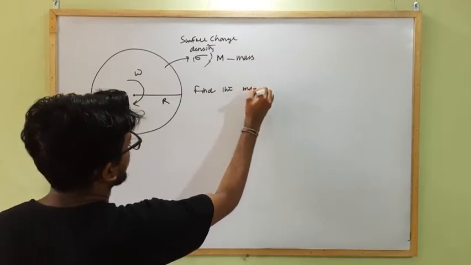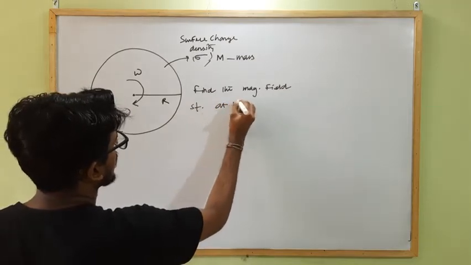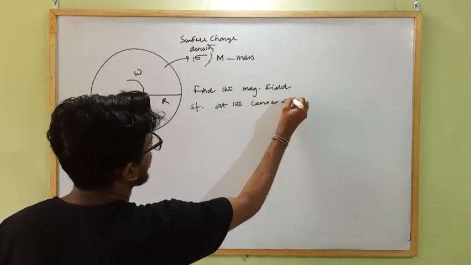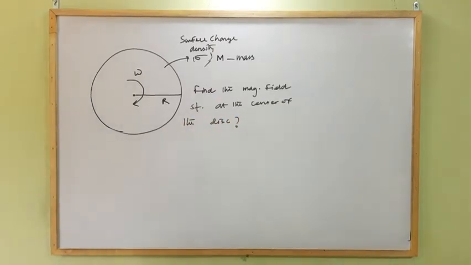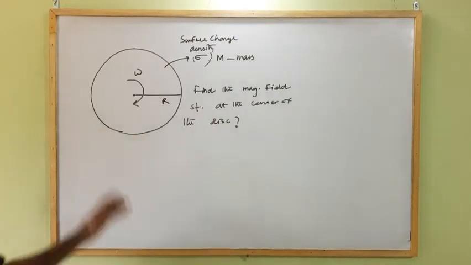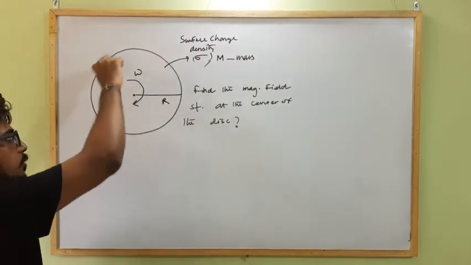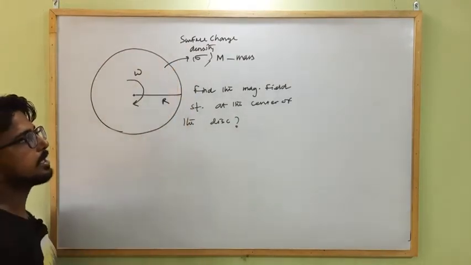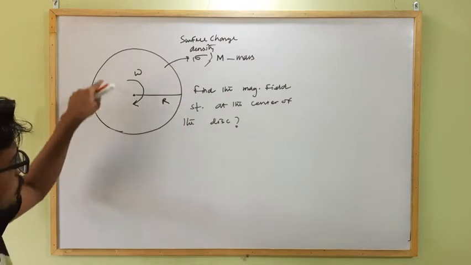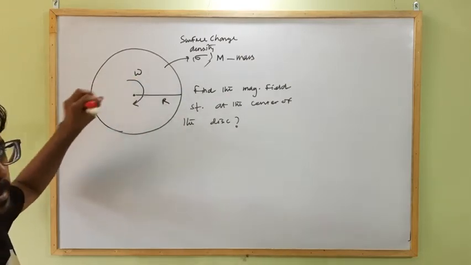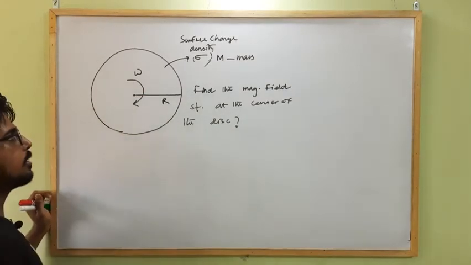the magnetic field strength at the center of the disc. So in this case, how will we find the magnetic field strength at the center of the disc? If this is a disc of mass m which is rotating about this axis which is perpendicular to its plane with omega and having surface charge density sigma, then we have to find the magnetic field strength at the center. As we already discussed, due to rotation of a disc, it will have a magnetic dipole moment. That means it must have a magnetic field. So what is the strength at its center? How can we calculate this?